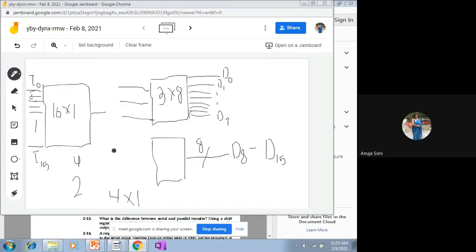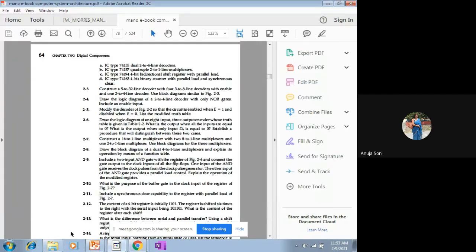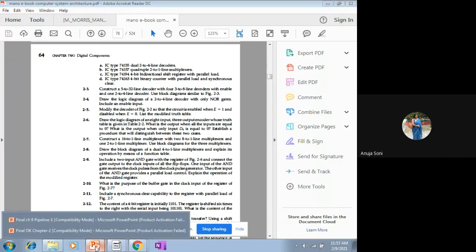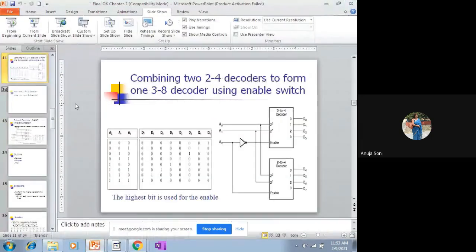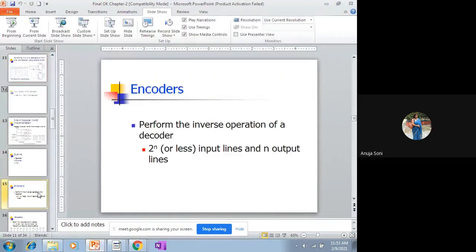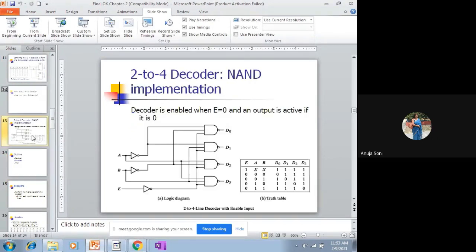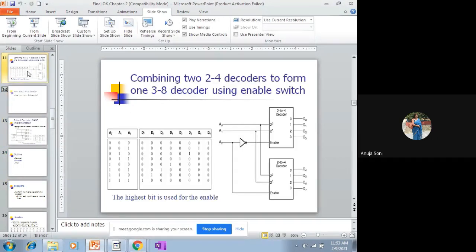Because what we are doing in a multiplexer is that only one output value comes out. One of the values from the given input values is chosen and redirected to the output. Which value is chosen depends on the combination of the select pins. Again, I would like to show you the multiplexer slide that we already discussed in the last class, just to recall the concepts of how the multiplexer works.